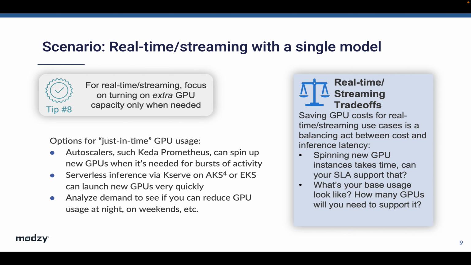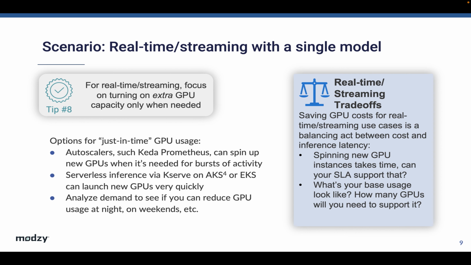Now, in the scenario of real-time and streaming, we have some different challenges. With batch processing, there tend not to be as many concerns around service level agreements, basically inference requirements for how fast the model needs to return its result. So there's some trade-offs you have to look at. One is that spinning up new GPU instances takes time. So in a streaming scenario, you probably can't afford to start off with no infrastructure. The amount of time it takes to spin up a whole new piece of hardware within your account in a